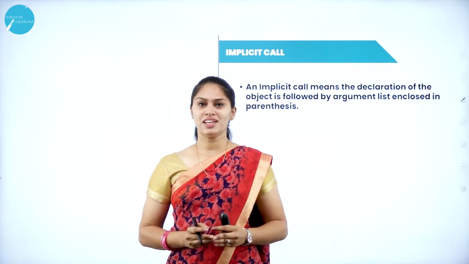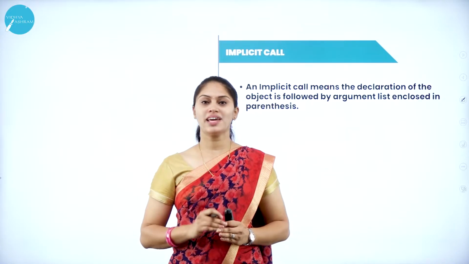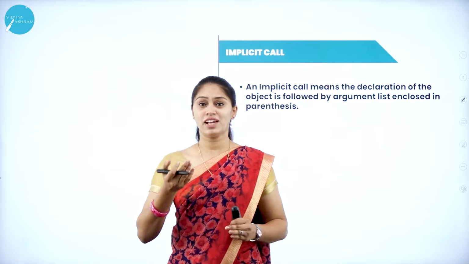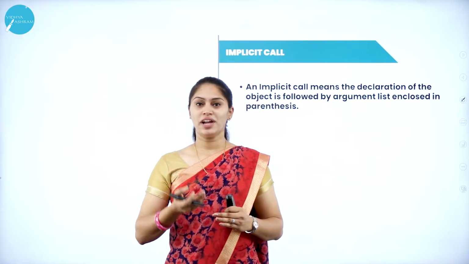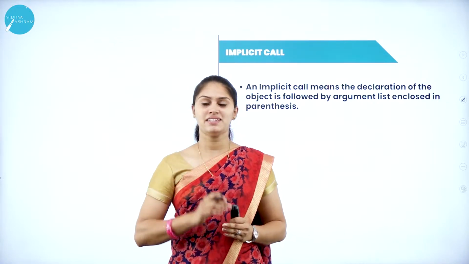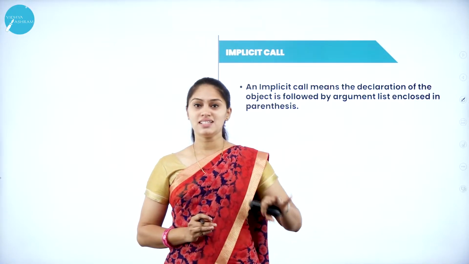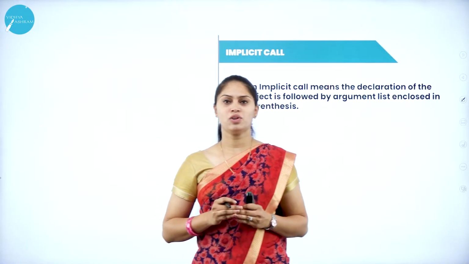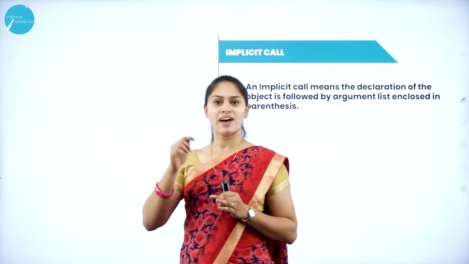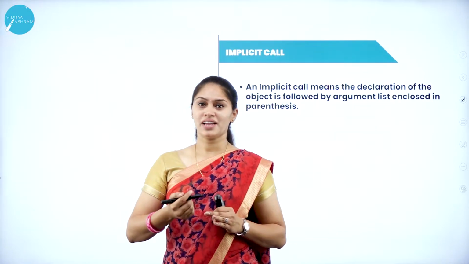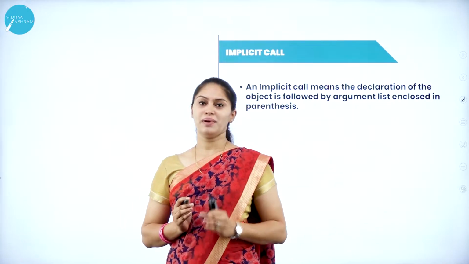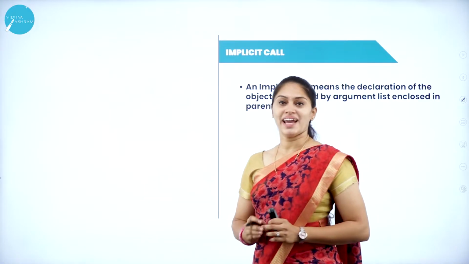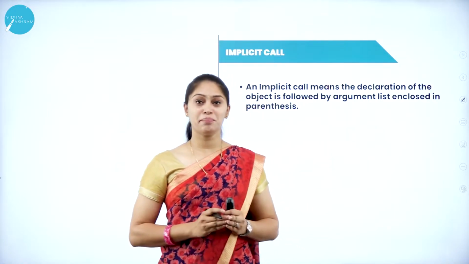By making use of this implicit method of invoking the constructor, I am not going to do anything. That means it will invoke the constructor by itself. Inside the function, it will invoke. The user or programmer no need to send any external factors in order to invoke the constructor to be called. That is nothing but implicit. I am going to explain one program regarding this implicit call.